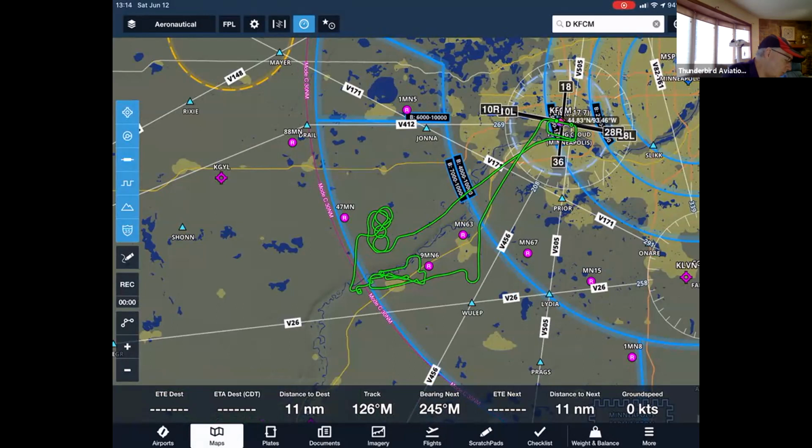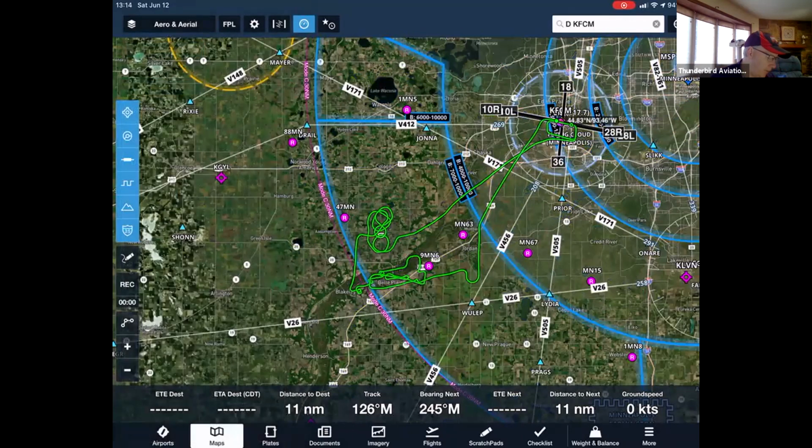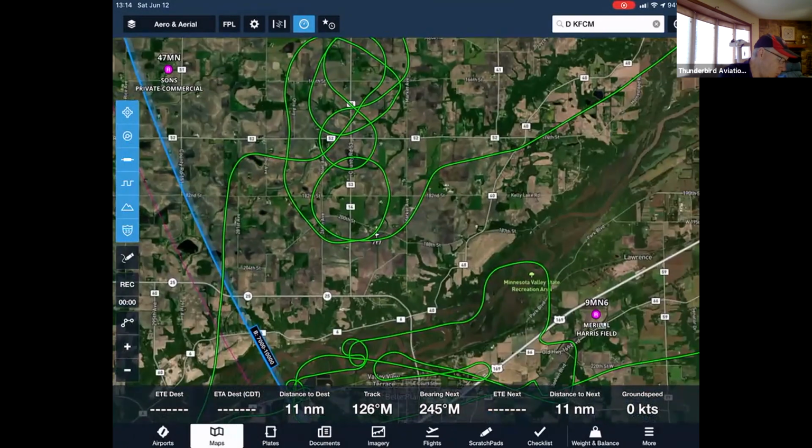The nice thing about this is if you're connected to the Wi-Fi, just tap the first thing on the top section of the ForeFlight there, which gives you choices for all the things that can be displayed on the map itself. If you click Aerial Map, it gives you a space view of the Earth, sort of like Google Maps. And then you can zoom out,